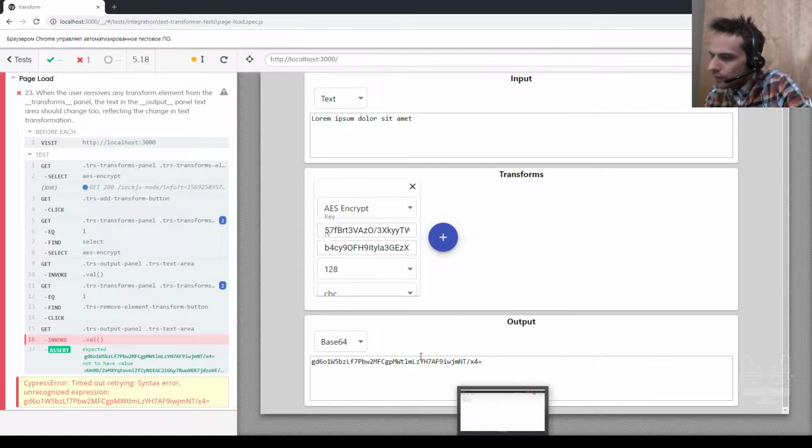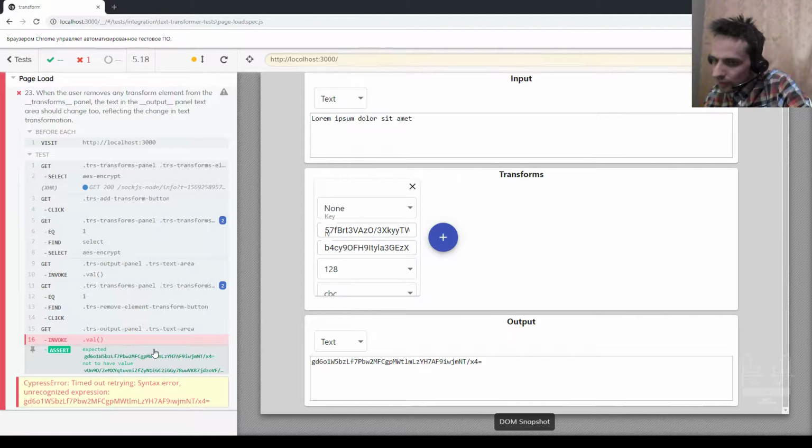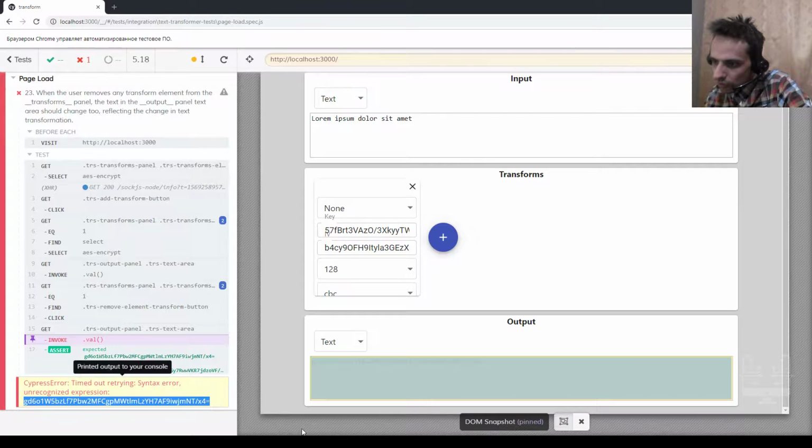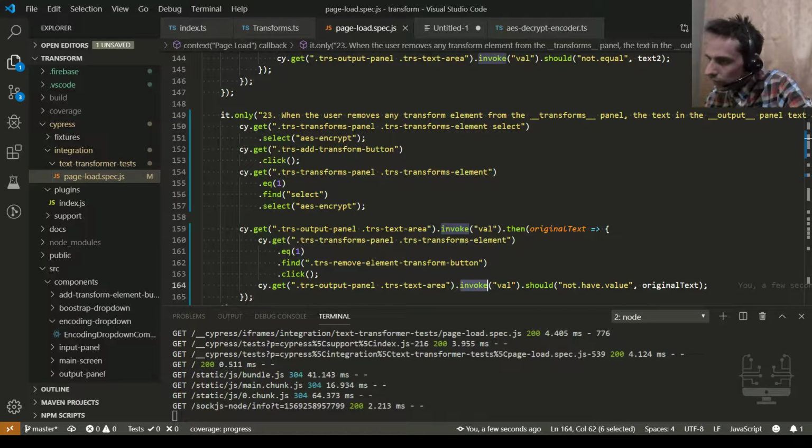Yeah, I think. What is this though? Timed out, syntax error, unrecognized expression. What is unrecognized expression exactly?